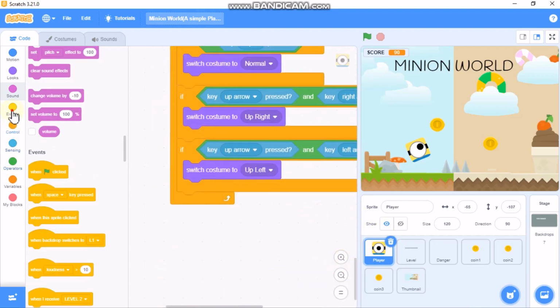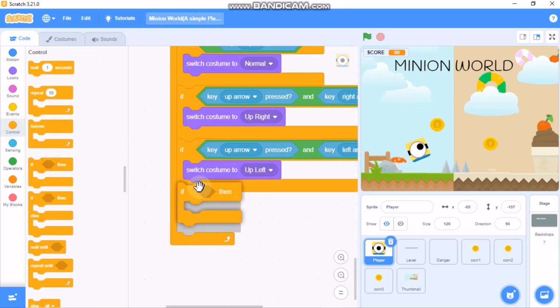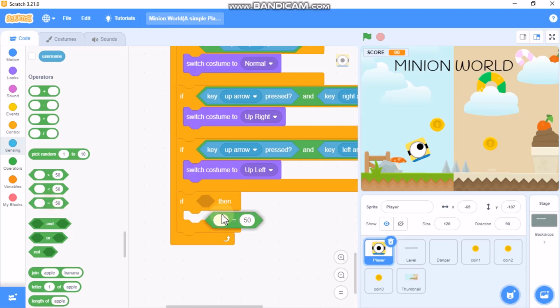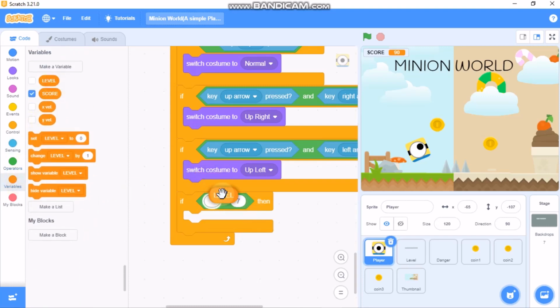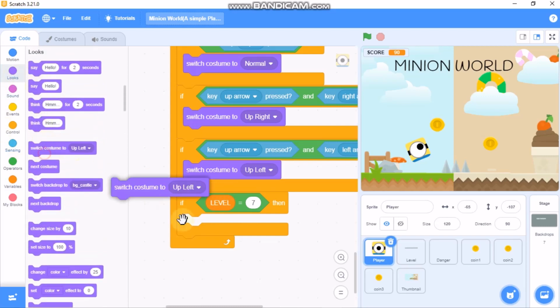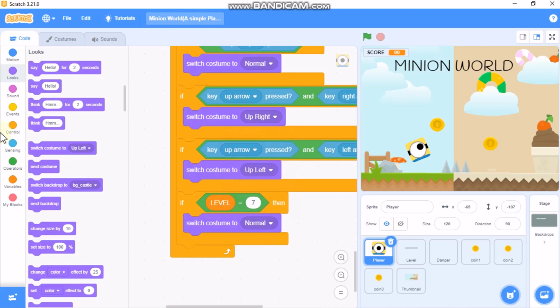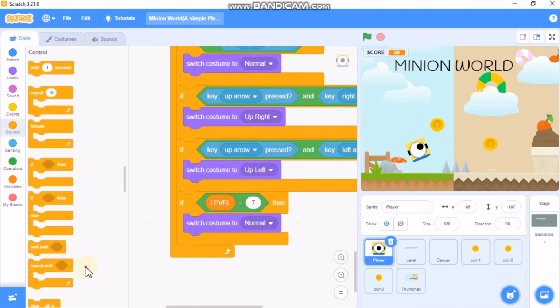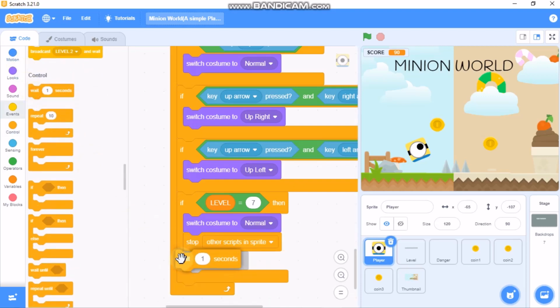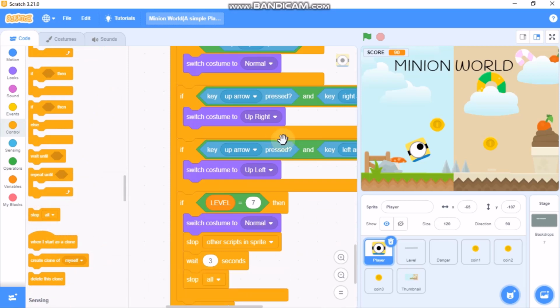And here grab an if statement. So if level equals 7, then we need to switch costume to normal, stop other scripts in this sprite, and wait 3 seconds and stop all,